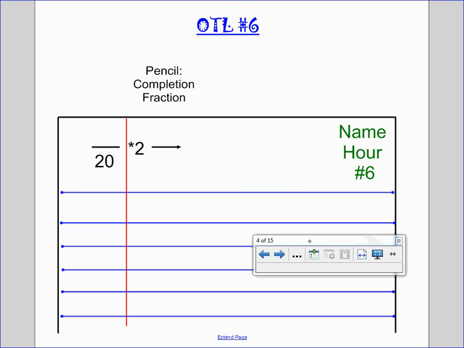And we'll go ahead and take care of our OTL number 6. This does not include the definite integral practice number 8. That was for a stamp, and so you don't need to pass that in. You may keep that. But we do need your OTL number 6. Make sure that you have your name first and last, 2A, and number 6 clearly labeled on top of your OTL. There's no picture on the half sheet, right? So you can just pass. You don't need to staple unless you have multiple pages, and then I would ask that you staple them together.